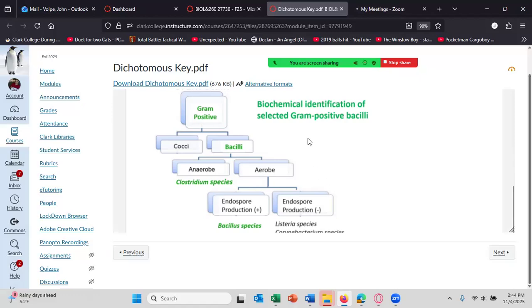It's endospore negative. It's either Listeria or Corynebacterium species. You can do the hemolysis test, and if it's gamma hemolysis, it's Corynebacterium. And if it is not gamma hemolytic activity, but beta hemolytic, and then it has a CAMP positive, although that's a weak positive, it's Listeria monocytogenes. So we actually identify the species. Any question on the dichotomous key here?